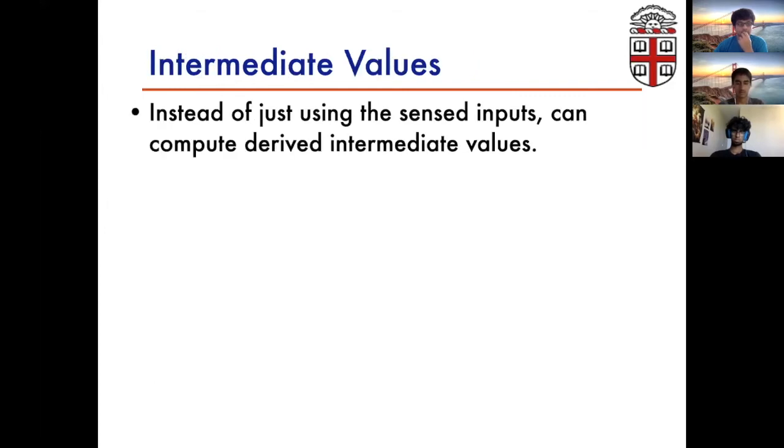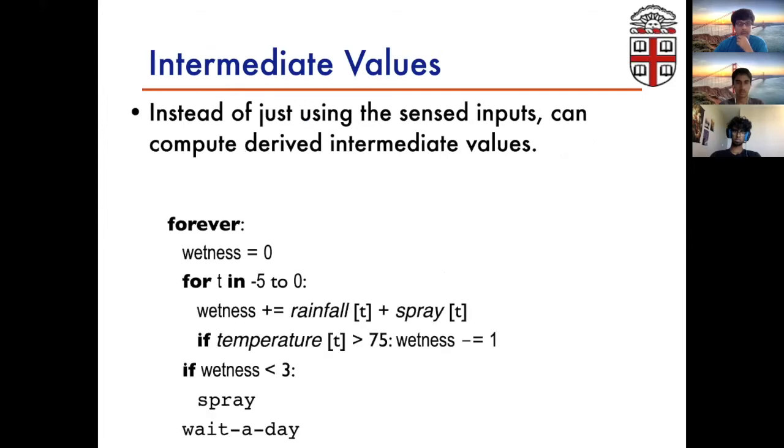One thing I didn't talk about in that small example was that instead of just using the sensed inputs, programs let you compute derived intermediate values that turn out to be really useful. So here's a fancier program, which I guess we don't have to go through in detail. But basically what it does is it looks at the 5 previous days and adds up the amount of rain and the amount of spray that happened, but then subtracts off when the days are really hot, which would cause it to become drier. And then at the end of that loop, after it checked the 5 days, it asks,